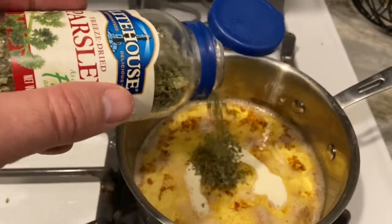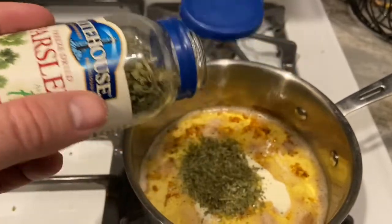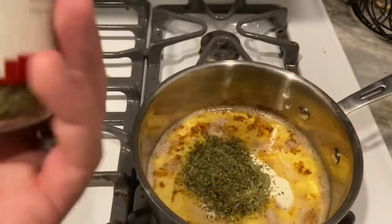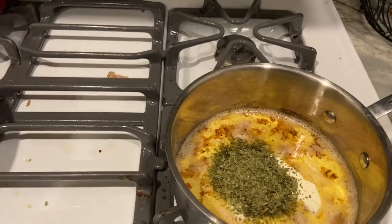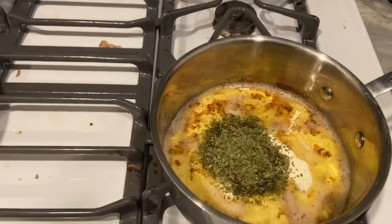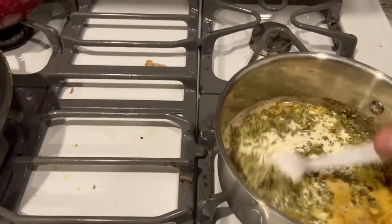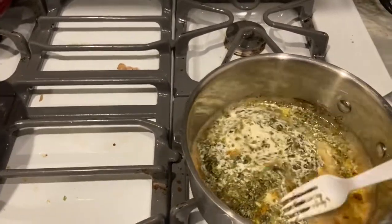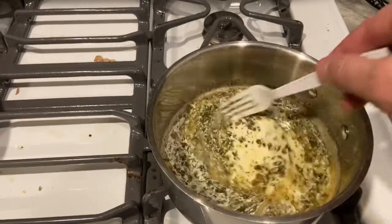I don't really measure anything. I kind of just look to see what I think is the right amount, and then I stir it on in. It might be 2 tablespoons, but that's enough. All right, so that's the parsley and the whipping cream. I'm gonna stir those all in together. I'm gonna let this marinate in here on low heat until the sauce starts to thicken up